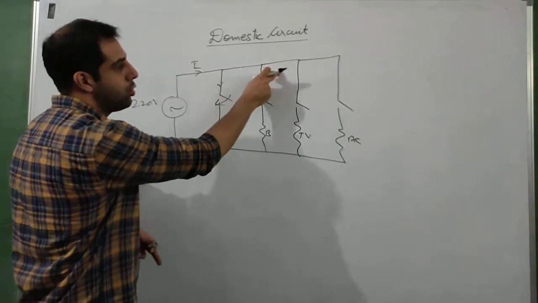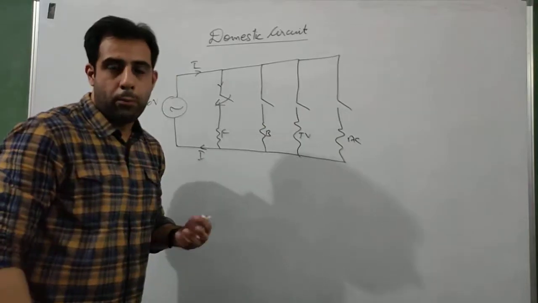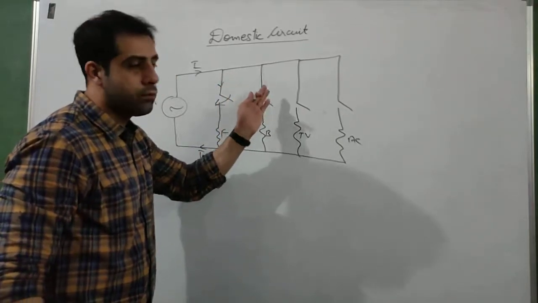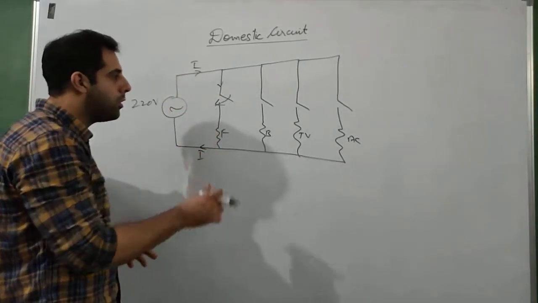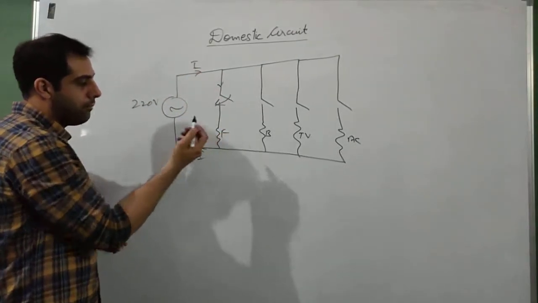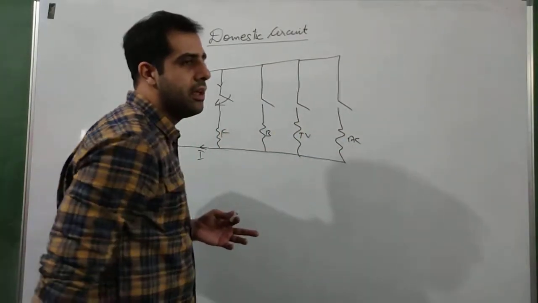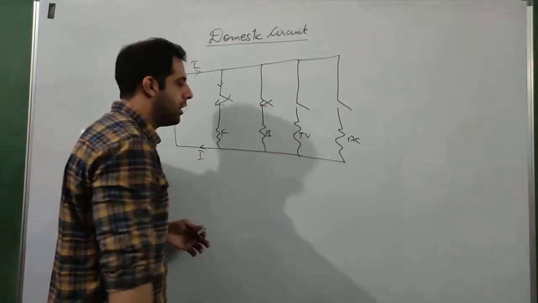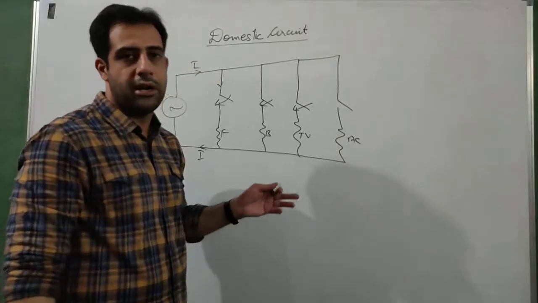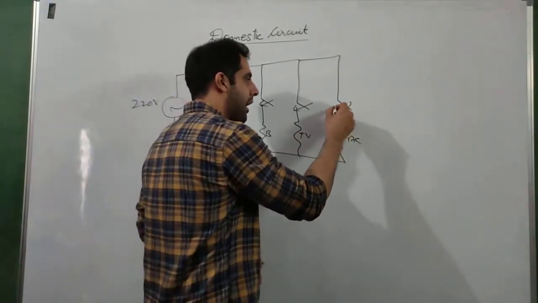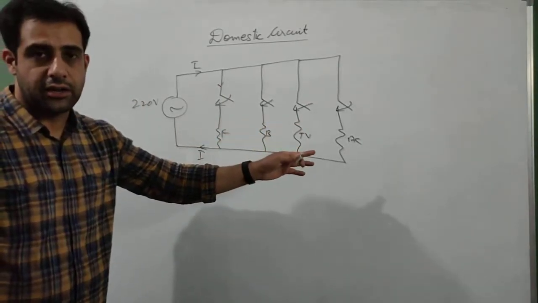It is not going to go in further, because further all the branches are open, so current is not going to flow in these branches. It will flow only in that branch which is closed, which is in on position. So the current will flow, the fan will get the required current and it will work without disturbing the other appliances. Now only fan and bulb will work. Now only fan, bulb and TV will work. AC is not going to work. And if I close all the switches, all of them will work. Each one of them will get current.